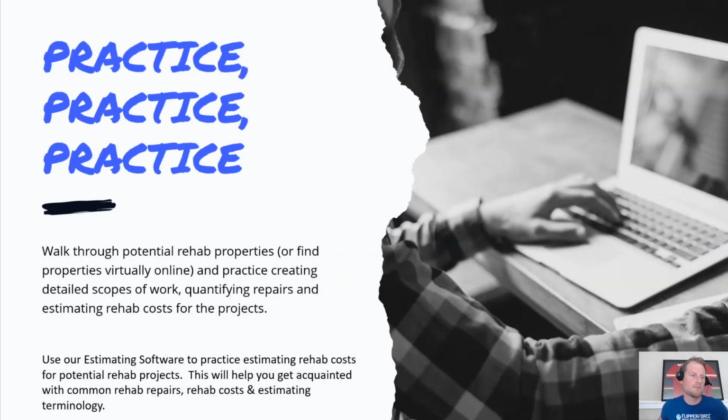So the next step I'd recommend is just sitting down and practicing the process of putting together a detailed estimate for your project. So I would say go walk through a bunch of potential rehab properties, go talk to your real estate agent, see if you can get into a couple houses, or you can find some properties virtually online on Zillow or Redfin, and just start practicing putting together a detailed list of repairs that need to happen on those properties, put together a detailed scope of work